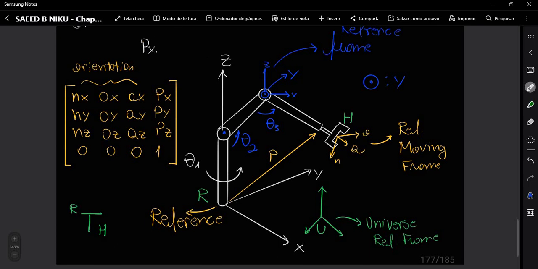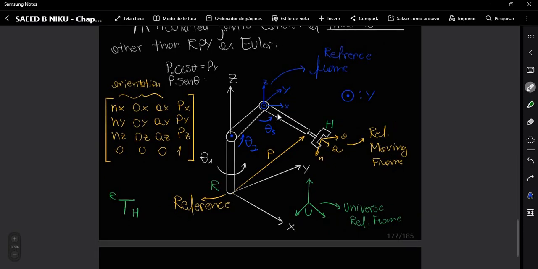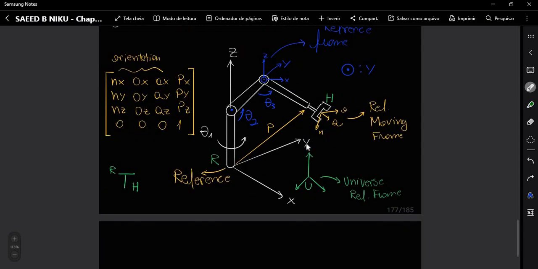So p times cosine of theta, which is px, and p sine of theta, which is py, something like that. Okay, so this is all that this topic is bringing,